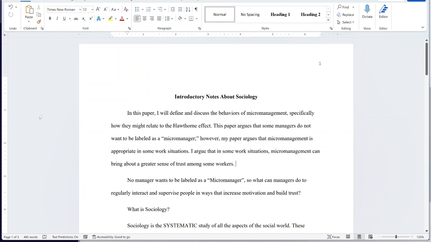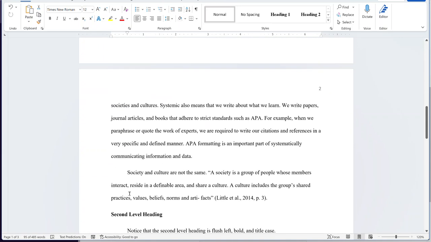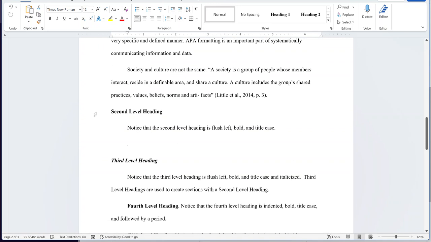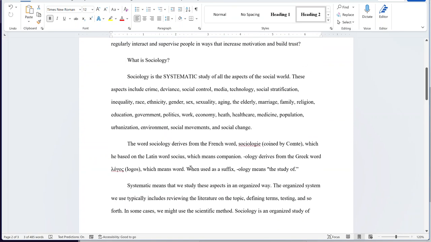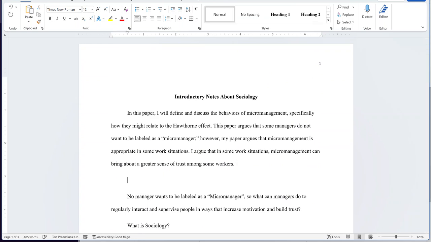So in your paper, you want to write your introduction and tell the reader here's what you're going to write about. And then you're going to begin to divide up or to section out or to create headings that tell us how you're going to approach that paper. So up in your introduction, you're going to say in your next paragraph, so this tells us what you're arguing, and then